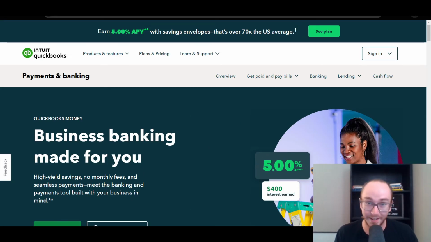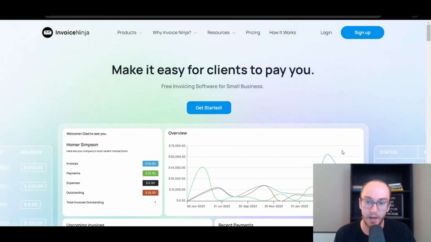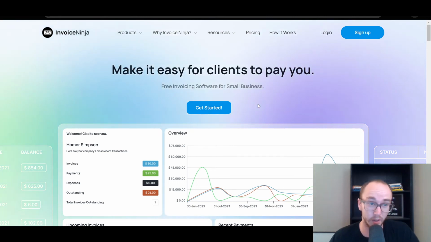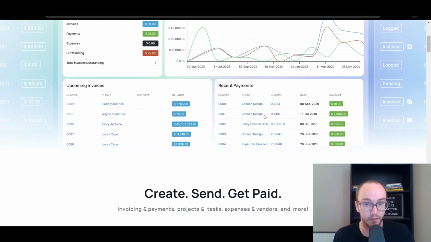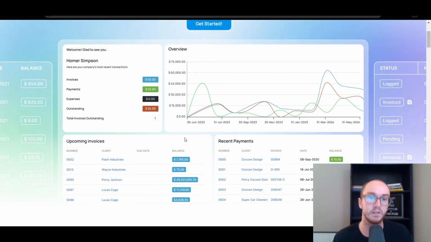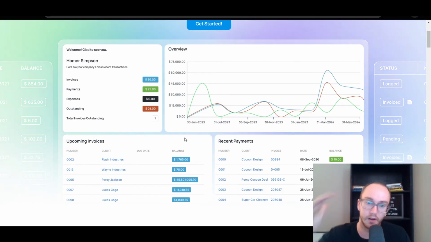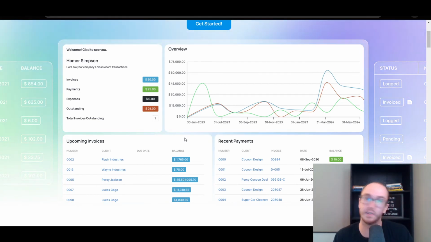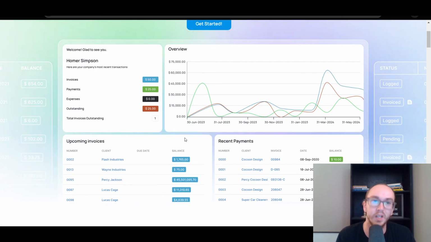Moving on, next in this list, we have Invoice Ninja. Now, I have mentioned them on another invoicing video in the past, and they are, again, a free invoicing software for small business. The nice thing about a platform like Invoice Ninja is it is really primarily focused around invoicing. So if you want more complicated, more complex invoices, maybe Invoice Ninja might be good for you. They do also have an overall dashboard so you can see where all your invoices are at and manage things from a higher level, a little bit more advanced than something like what PayPal has to offer, or even